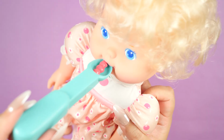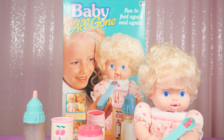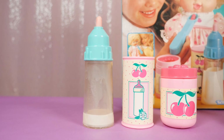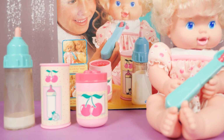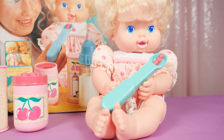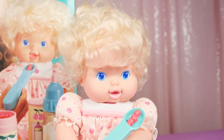And that was Kenner's Baby All Gone from 1995. That was such a fun stroll down nostalgia lane. The cherries, of course, are our favorite part. I can't believe they still smell like cherries after all these years. It's too bad the milk did dry out in the bottle, but at least we can see a little bit of it, and that's enough for me to